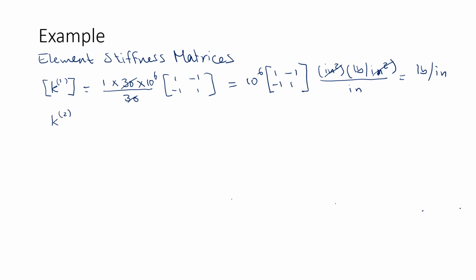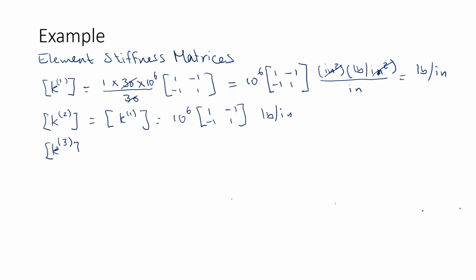K2 for element 2 would be the same as K1, and that would be 10 to the power 6, 1 minus 1 minus 1, 1, and again this is in pound per inch. As for element 3, K3, this would be equal to